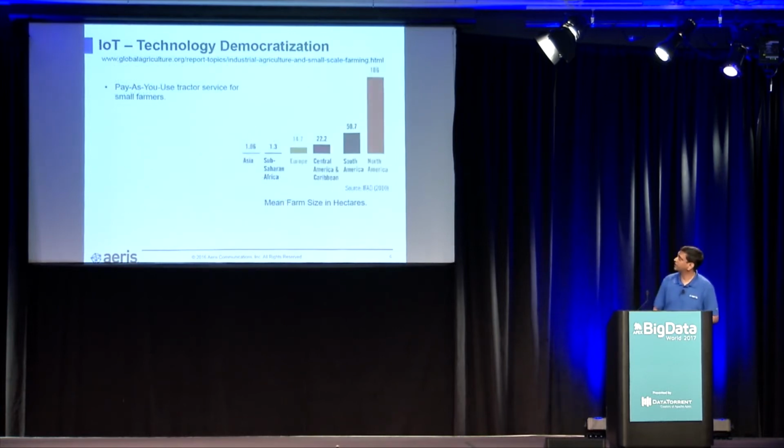So if you think about another example like this, there's another example of democratization of technology in IoT. If you look at this distribution of the typical farm size across different parts of the world, right? In Asia and Africa, you can see the farm size is smaller. So how do you make a difference to a farmer's life? You basically want to have a tractor, you want to have equipment. If you have a small farm, you can't really afford to have equipment, right? So how do you manage that part?